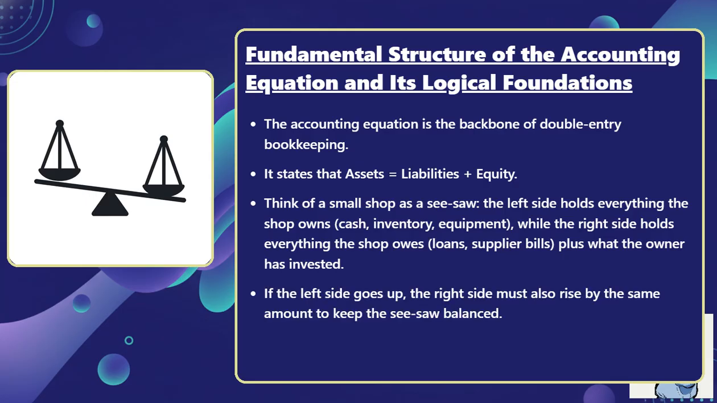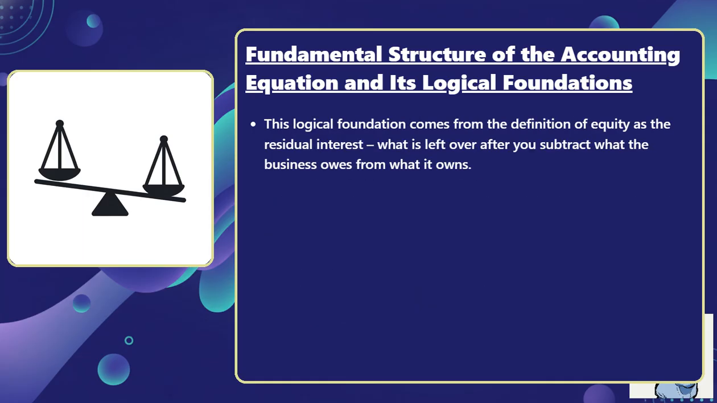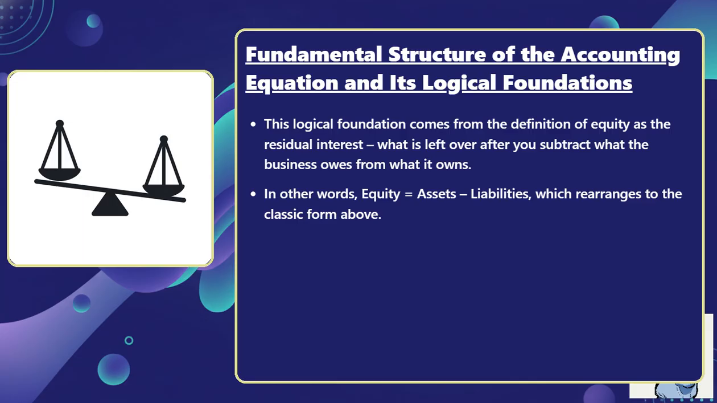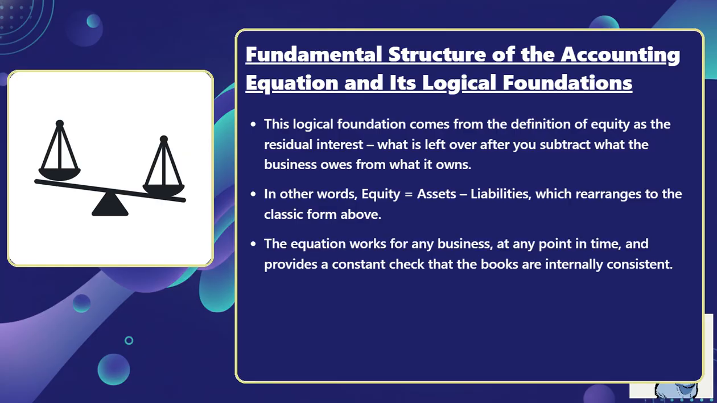If the left side goes up, the right side must also rise by the same amount to keep the seesaw balanced. This logical foundation comes from the definition of equity as the residual interest: what is left over after you subtract what the business owes from what it owns. In other words, equity equals assets minus liabilities, which rearranges to the classic form above. The equation works for any business at any point in time and provides a constant check that the books are